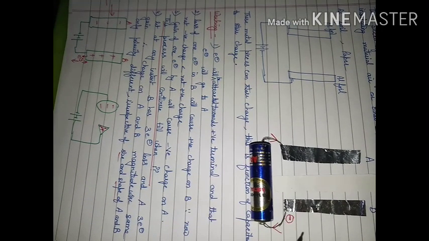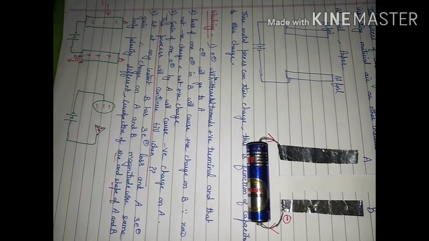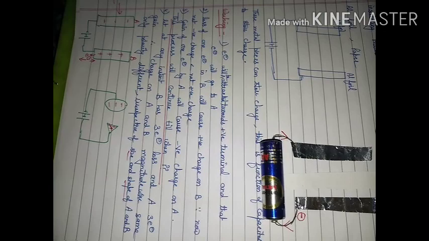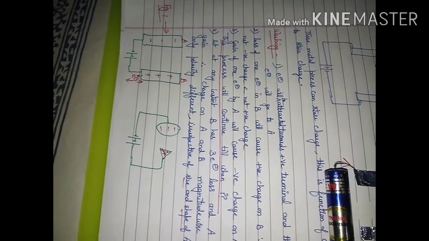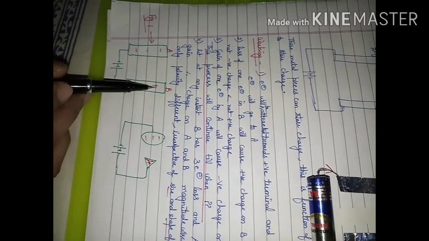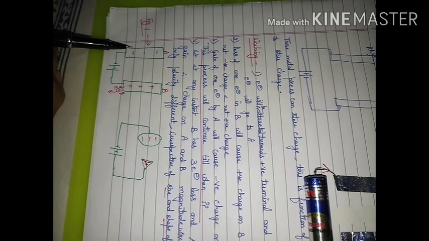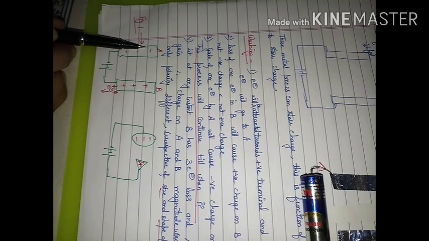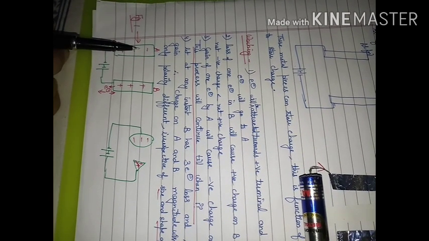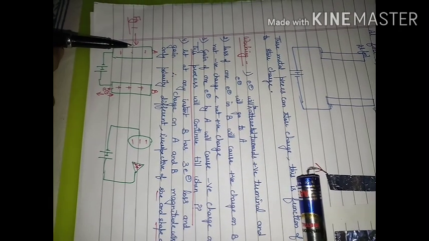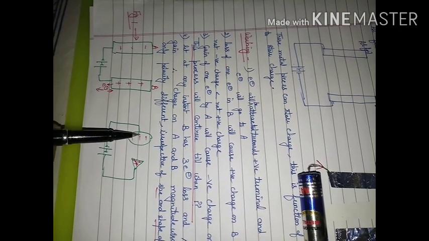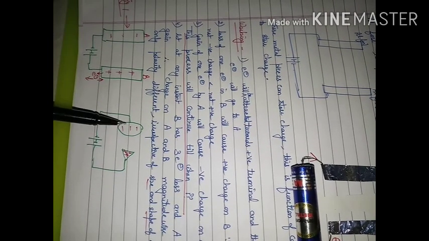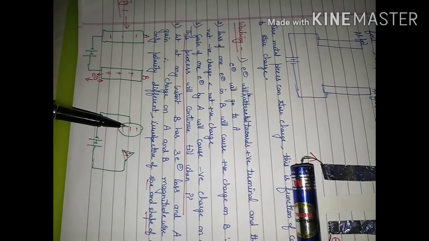To answer this question, let us consider that at any instant B has this charge. Let us consider it is 3 coulomb of charge. So this is 3 positive and this side we will have 3 negative. At any instant, the charge on plate B and the charge on plate A will be equal in magnitude but opposite in polarity. Even if the shapes differ, the amount of charge on this will be equal to the amount of charge on this.